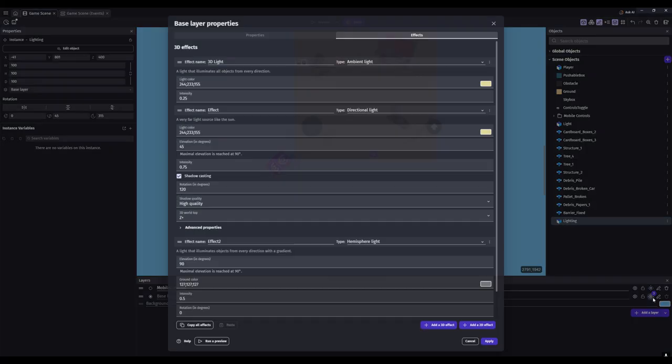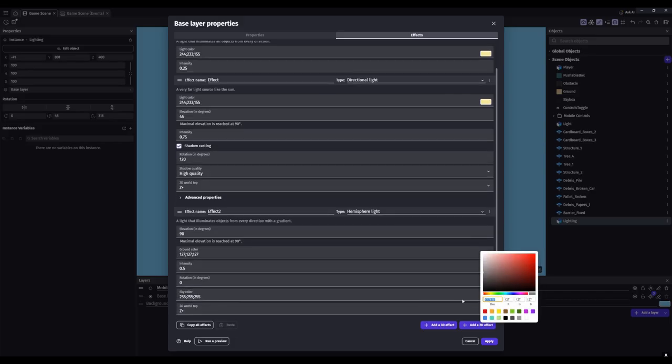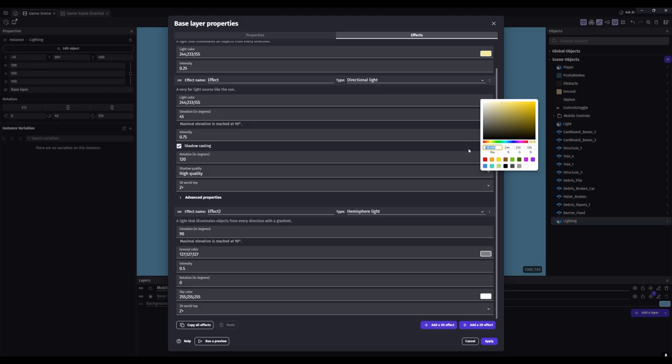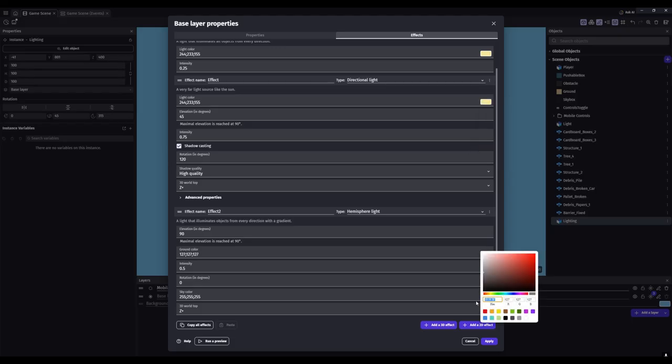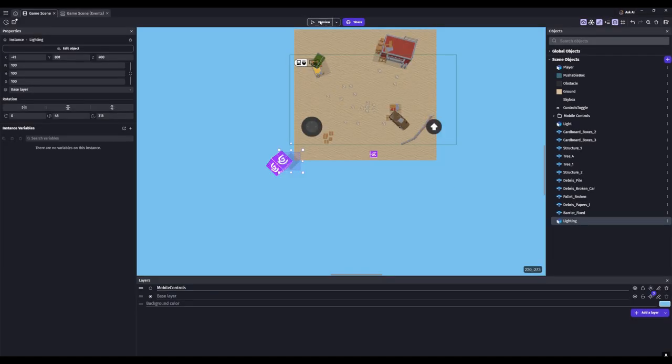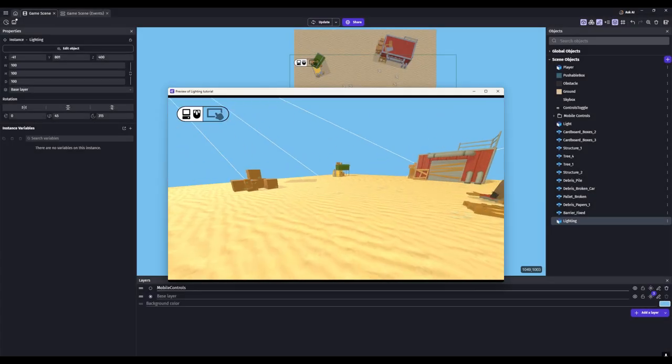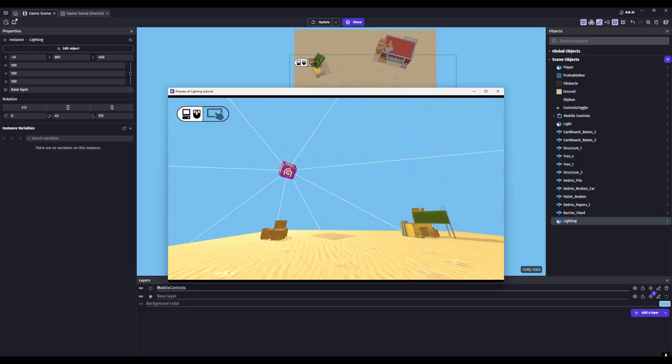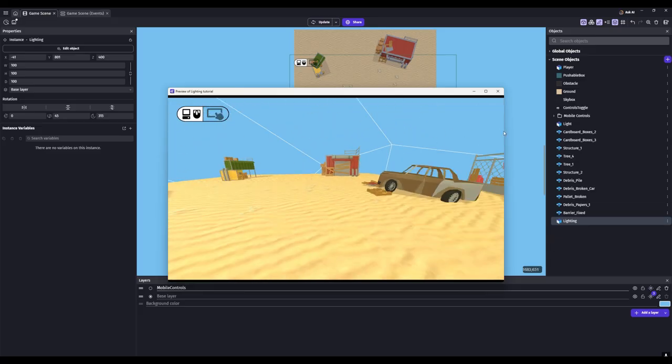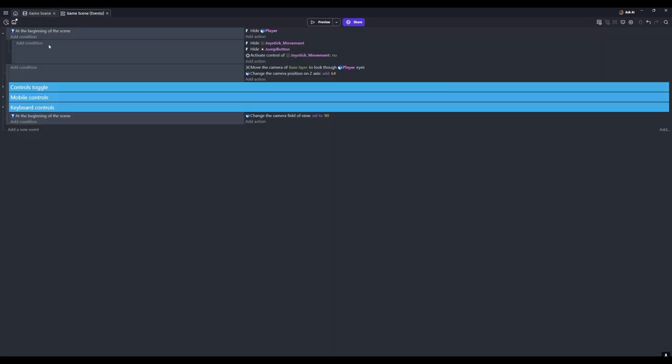And if you want a more yellow tone to it, then you can take the color that you have here and add it to both these. There, now we have our way more vibrant scene, but you can still see that up there, and we don't want that. So we'll go to our events, and at beginning of scene,